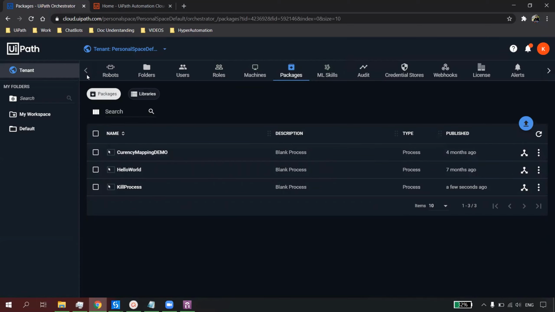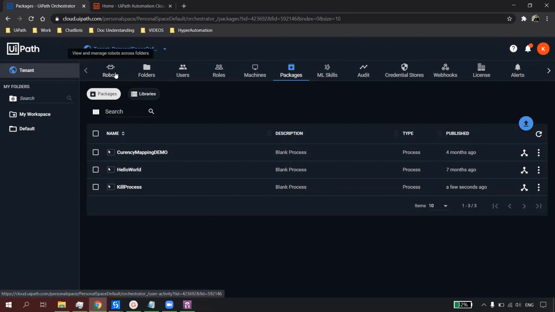Now the same concept applies to production also, right? In the production, either you tell the production manager or the support team to get the nugget from the orchestrator, or you just download the nugget like this and give them the nugget path. You don't send the nugget via email or anything, you just keep it in a shared location. The person will go to the shared location and upload the nugget like this. Then you tell him that I want this process to run on this robot.